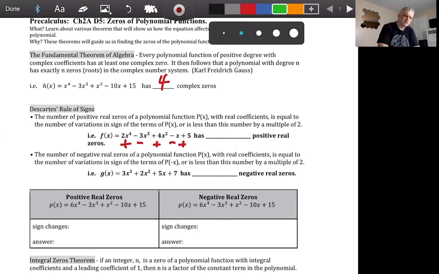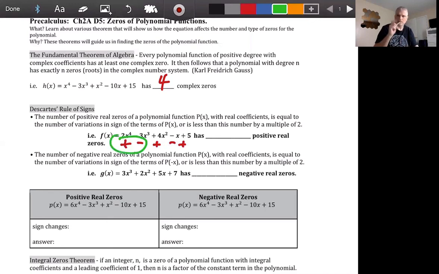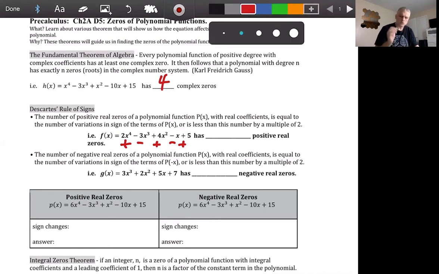So all we have to do is identify sign changes. How many times do we have a plus turn into a minus, or a minus turn into a plus? So positives to negatives, negatives to positives. Right off the bat, we have a plus that goes to minus. That's one sign change. Then we have the minus going to plus. That's a second sign change. Oh, look, plus goes to minus. That's a third sign change. And then finally, minus goes to plus. So there are 4 sign changes. Therefore, by Descartes' rule of signs, there will be 4 positive real zeros,